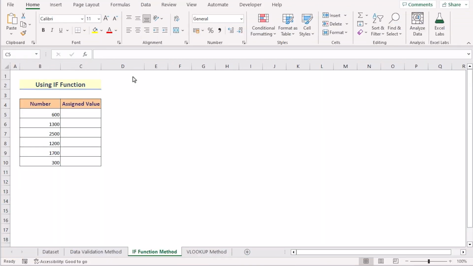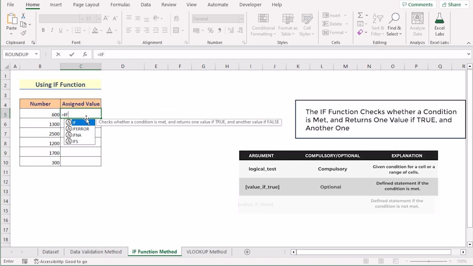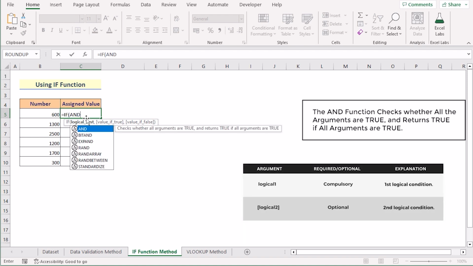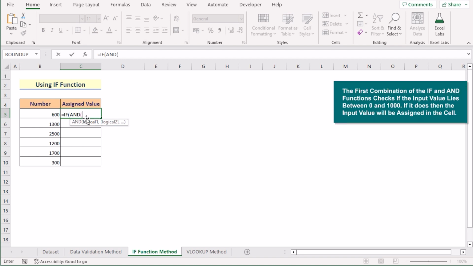In our second method, we want to insert the combination of if and and functions to create a range of numbers to assign a value in Excel. To do that, we'll go to the C5 cell and insert the if function to set a proper condition. Along with, we'll use the and function to check a certain cell is in the range or not. So, as we are trying to get the value within the range of 0 to 1000, and for that, we'll